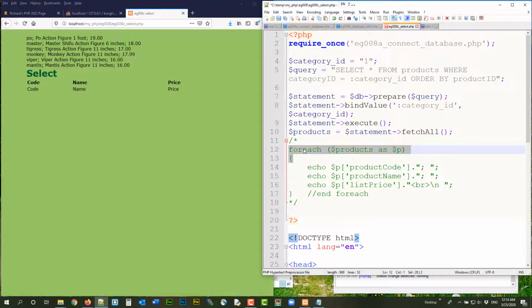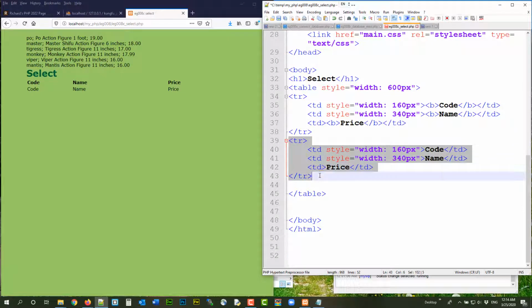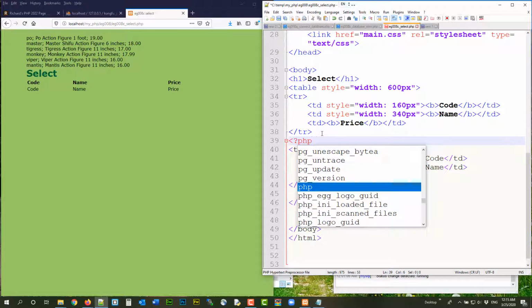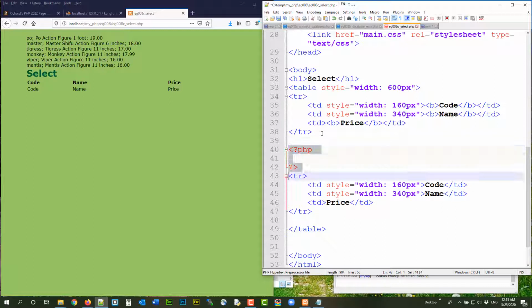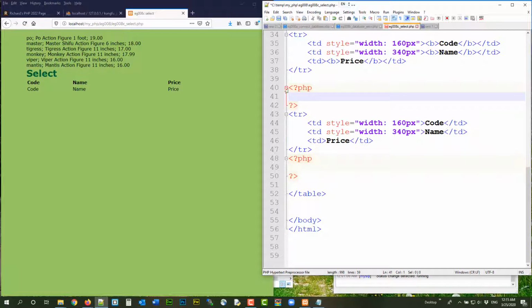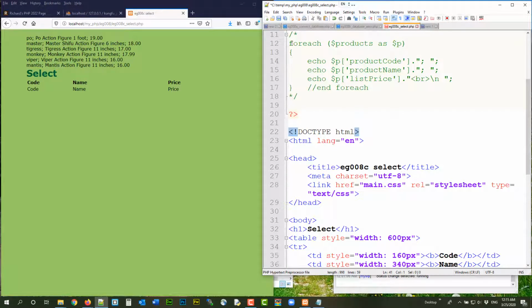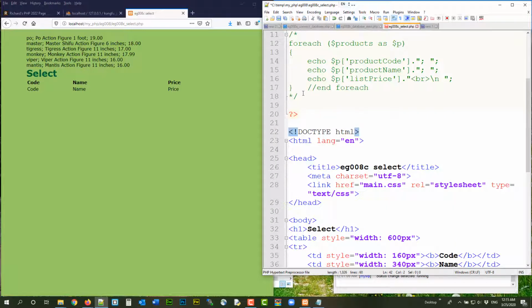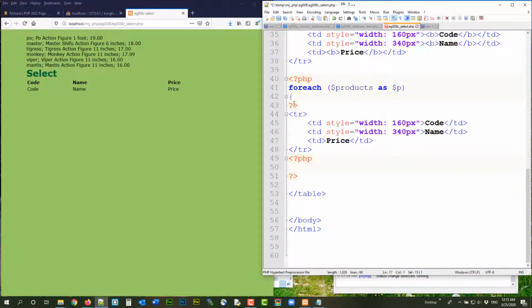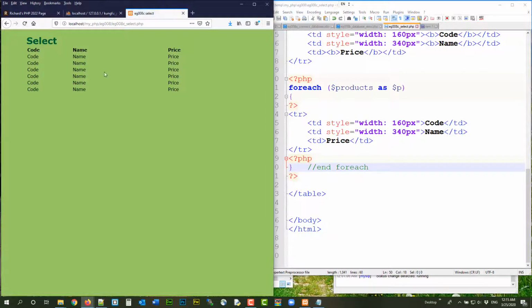Okay, so we want to loop this as many times as the foreach loop. In order to do that, we put PHP code in front. And we put PHP code at the back. So in front is the beginning of the foreach loop. At the end is the end of the foreach loop. So you put your beginning of the foreach loop in front. You put the end of your foreach loop at the back. Control S to save. You will repeat this as many times as